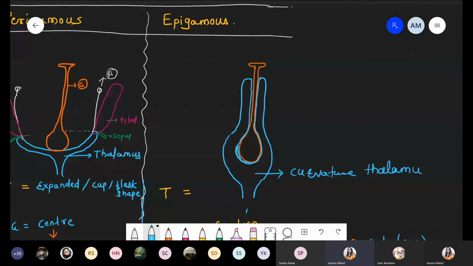Curvature thalamus. Can you see? We are talking about the ovary being inferior. Ovary is inferior, right? It means it is completely below. The thalamus has completely covered the ovary part. So this part is the G, that is, the gynoecium. And now what is the position of R? That is where the sepal, petal and androecium are present. These are present above the ovary. So now we are drawing one by one. Here will be the part of the androecium. These are the parts of the androecium.